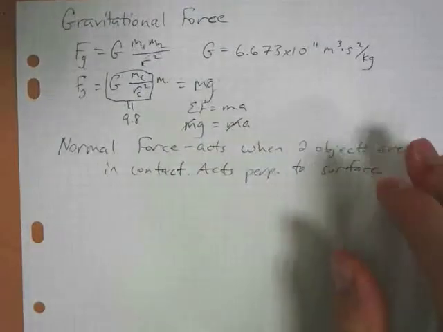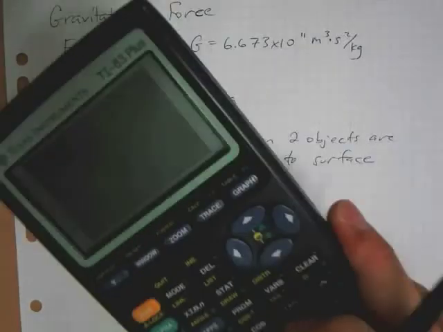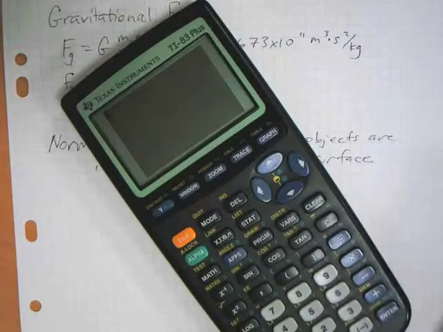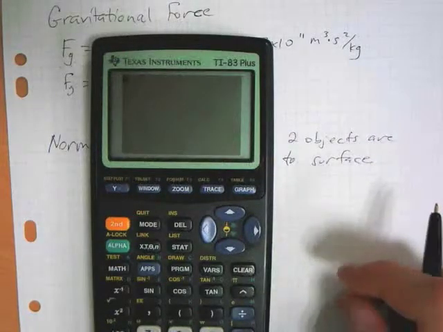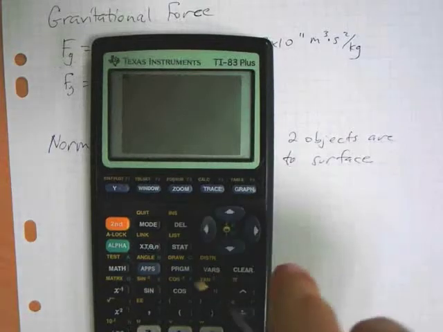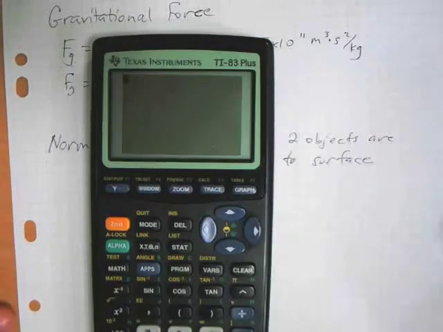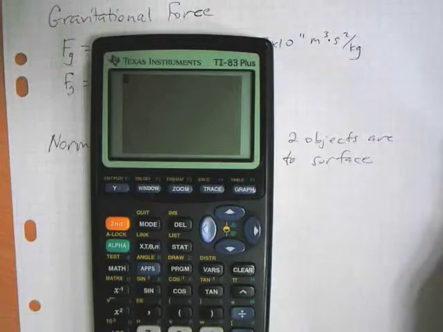Okay. Now you may not have thought about this, but let's consider this calculator. It's on this desk. Gravity is acting on this calculator, and gravity is exerting a force on it that's going straight down. Now, why doesn't it go downward? Because the table is here, right? And this tends to